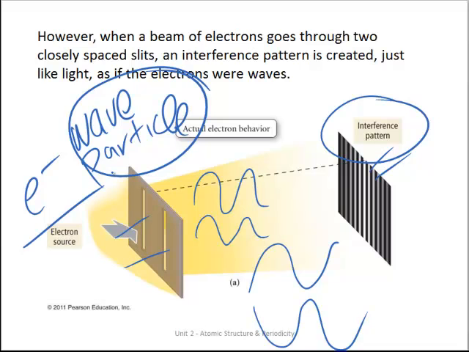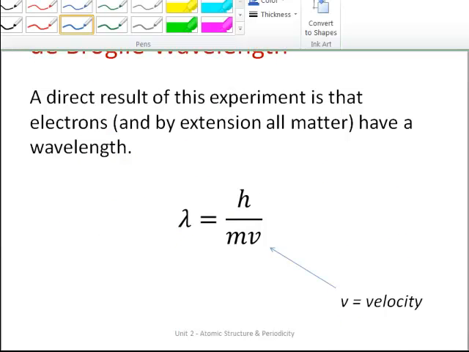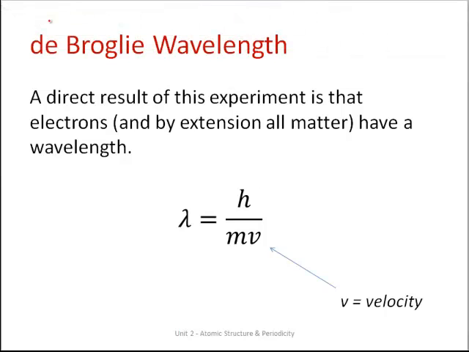So if the electron can act as a wave, it turns out that we can detect or calculate a wavelength of the electron. And of course, by extension, all matter, anything that has a mass, does have a wavelength. Electrons, because they're so light, have an appreciable, measurable, observable wavelength. Objects on the macroscopic scale, large molecules, people, although they do have a wavelength, it is very small, hard